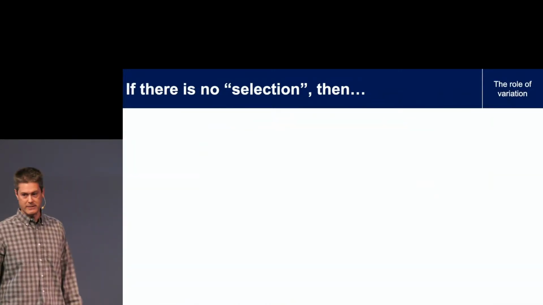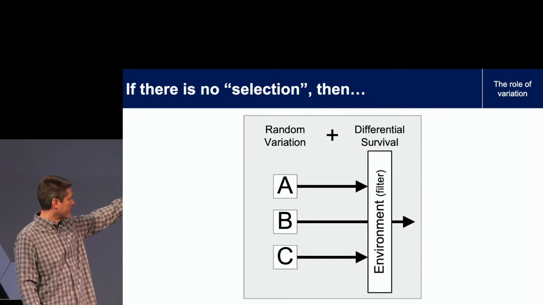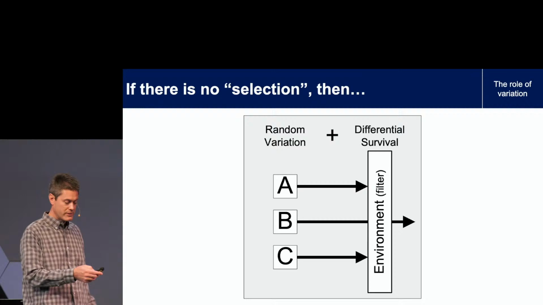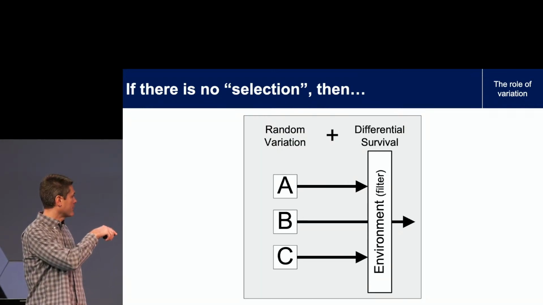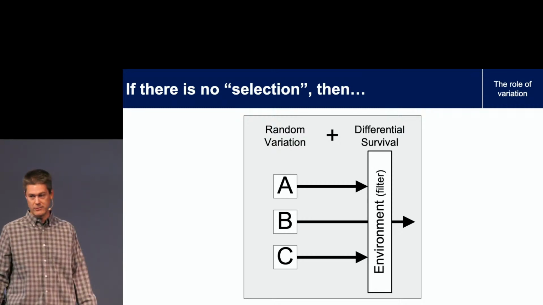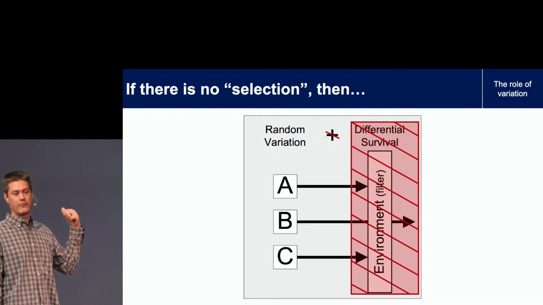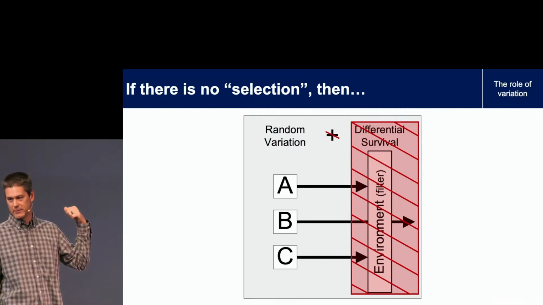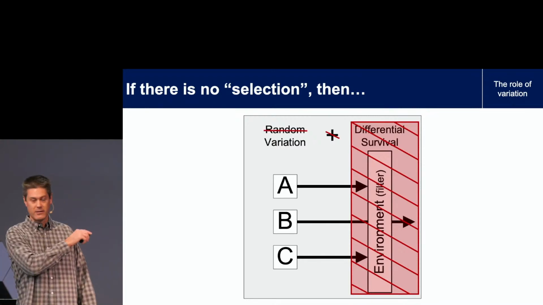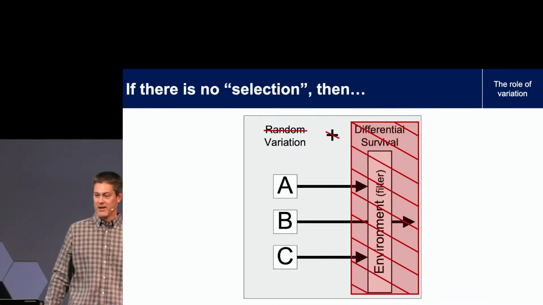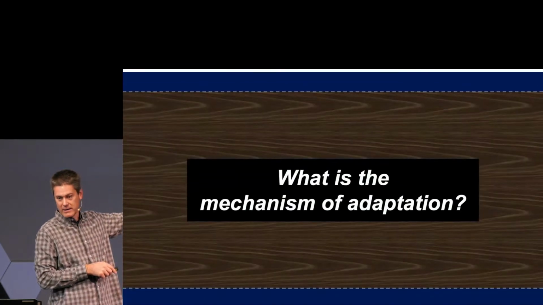Well, let's go back to this conceptual diagram that I brought up earlier. So natural selection is seen as random variation plus differential survival. And we just said that natural selection is not what's going on, right? So we're going to eliminate that. No natural selection. So now we're left with random variation. But we just talked about how variation doesn't appear to be random if it's adaptive. So we're going to eliminate that. So what are we left with? Variation, right? So the bottom line to that is, when we ask the question, what is the mechanism of adaptation,